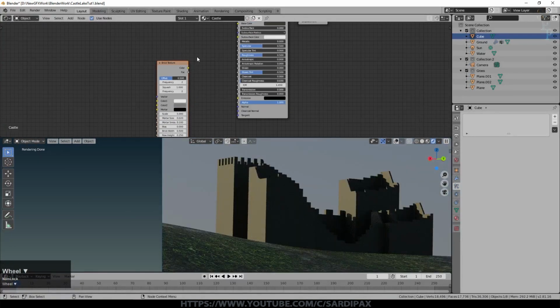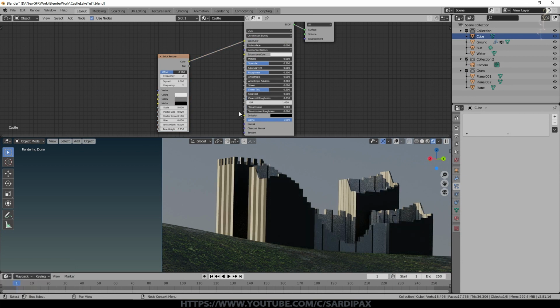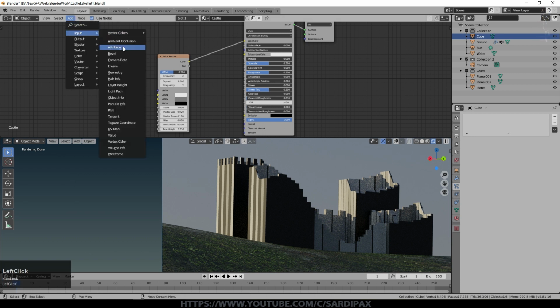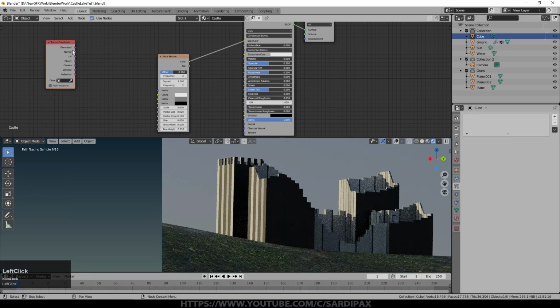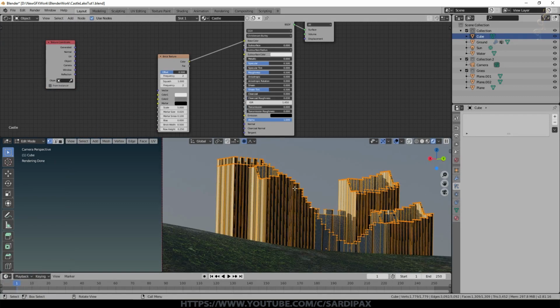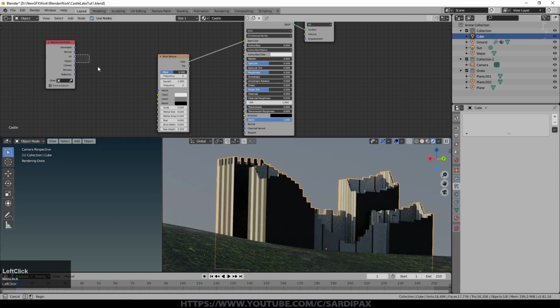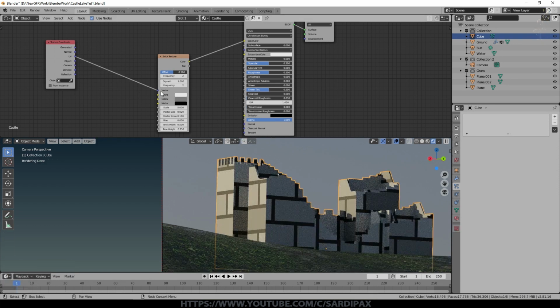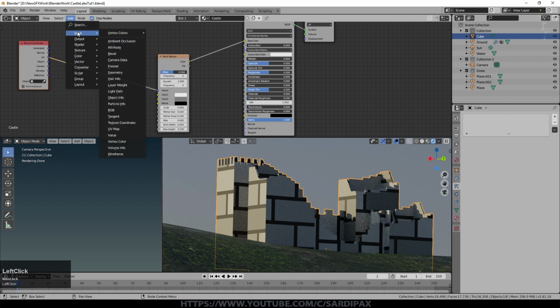If I plug that straight into the base color, obviously we haven't UV unwrapped it. That's one of the problems of trying to put textures like that on. So let's just add an input, which is a texture coordinate. Let's go into edit mode and just press U and Smart UV project, and then try UV. That's not too bad in terms of the angles. Obviously the scale's off at the moment. So go to add texture coordinate.